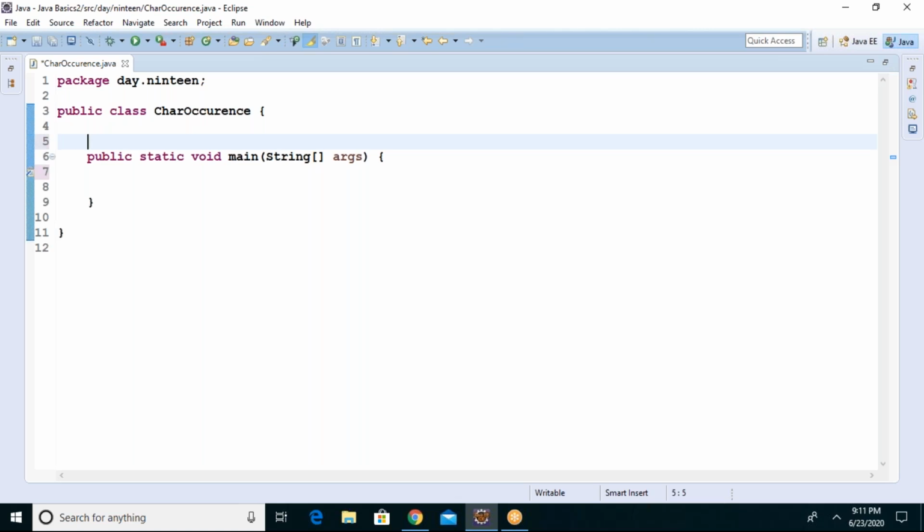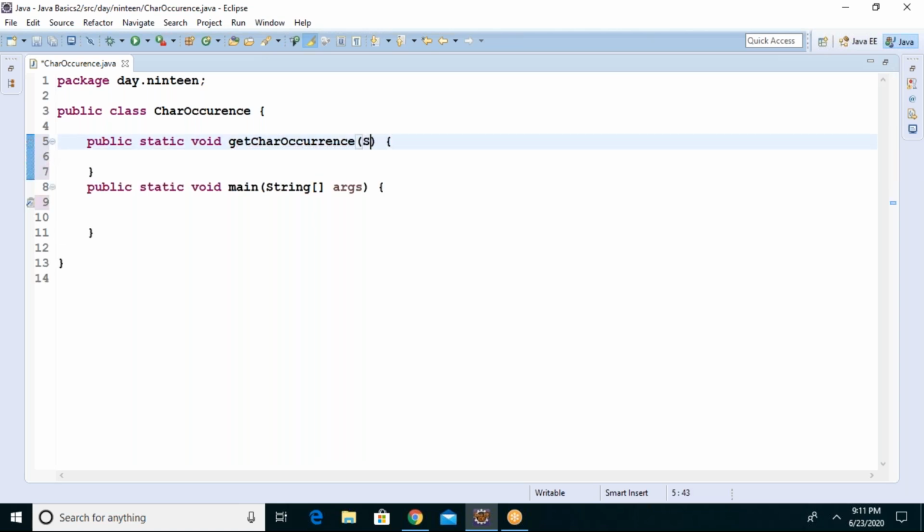I will share this project today. You people will fill the code in this method only. Void get char occurrence. One string is given. You people have to return a map or hash map as you wish.